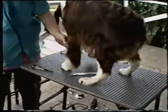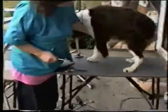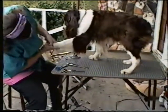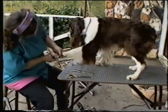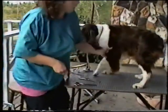Okay. So then, you're left with hair that looks like this. A foot that looks like that. Then you pick up the foot, comb it out, scissor it clean, all the way around. And you're left with